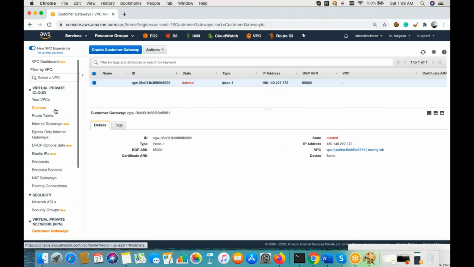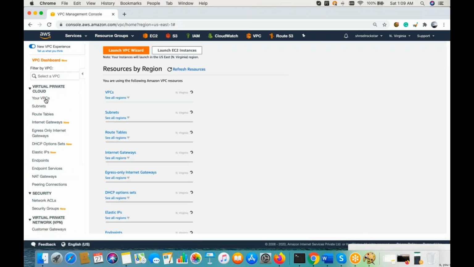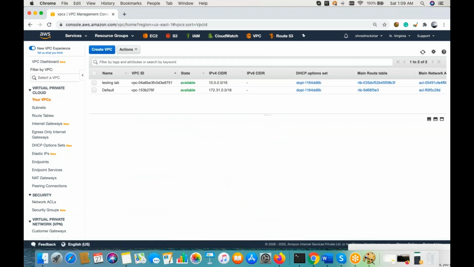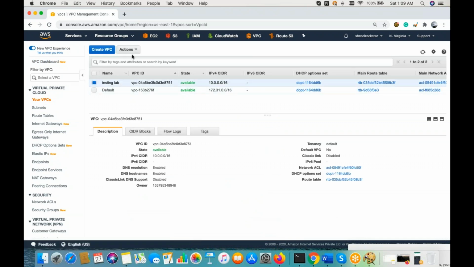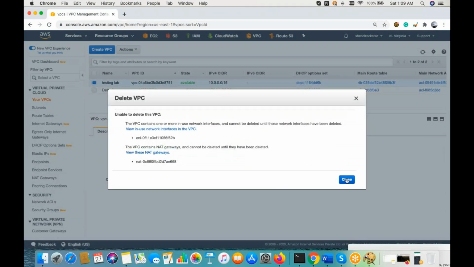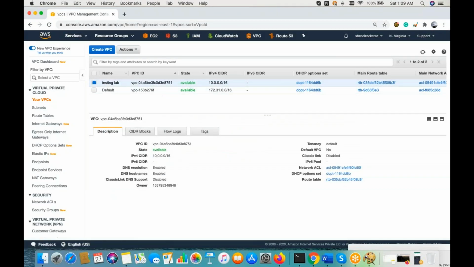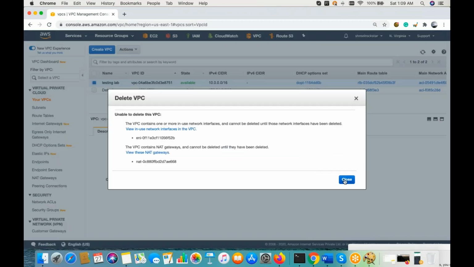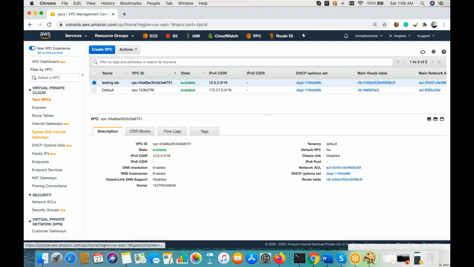Right, this will take a little bit of time, guys. So meanwhile, let me also delete my VPC, because that VPC is carrying the information of the NAT. So NAT is actually chargeable per hour, because it creates a background instance for us. Plus, it is also creating information which is part of. One second, let me delete.